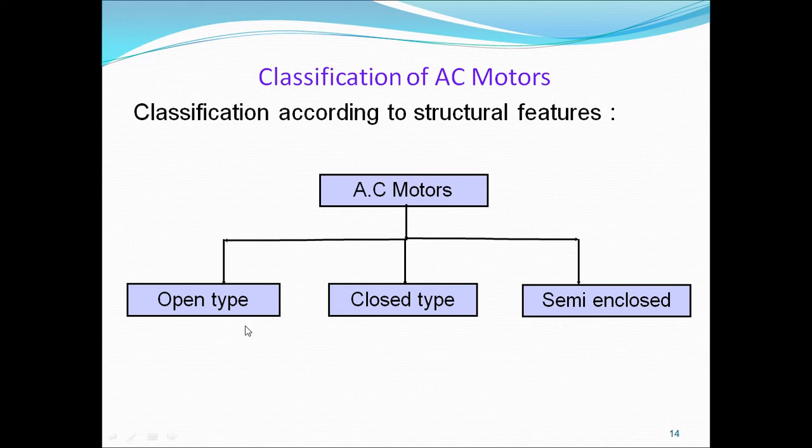Suppose the motor is a very big motor, and where is the application, what is the use, what is the power, what is the torque, how much time it will work. Depending on all these circumstances, the structure is also designed, either open type, closed type, or semi closed type. That means only partial half of the part is closed and the remaining part is opened. Depending on that, we can design the motor. That is, where the outer application will be used, what is the current carrying capacity, what is the speed, what is the load, and what is the application.